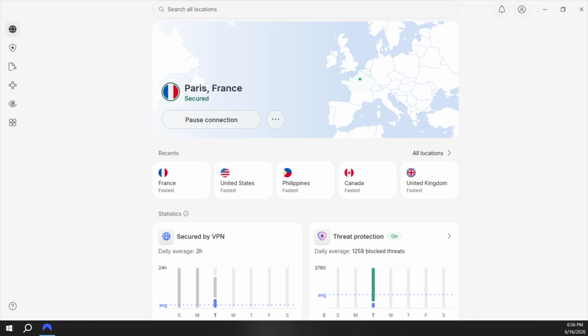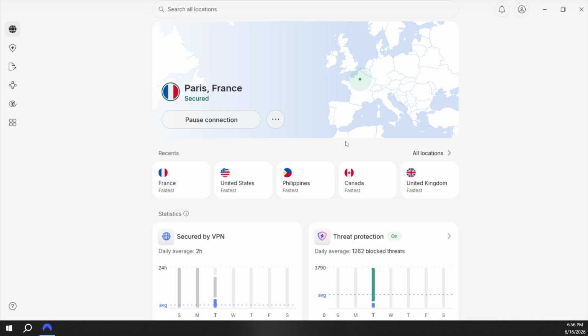First, open the NordVPN app on your computer. You'll land on the main dashboard. If you've used it before, everything should look familiar. If you're brand new, don't worry. What we're about to do is simple and only takes a moment. Having the latest version of the app helps, so if your screen looks different from mine, consider updating after you